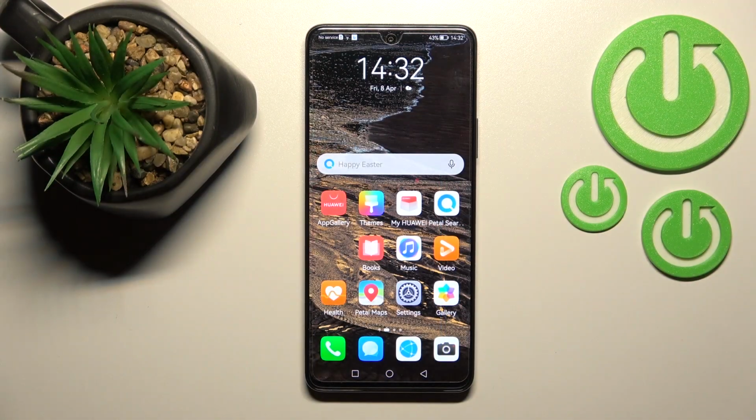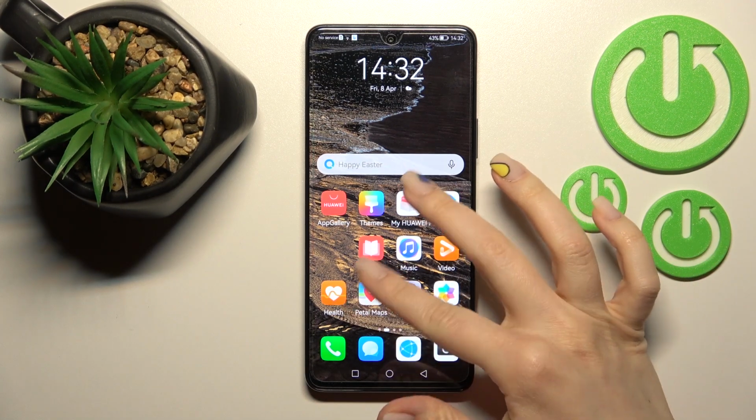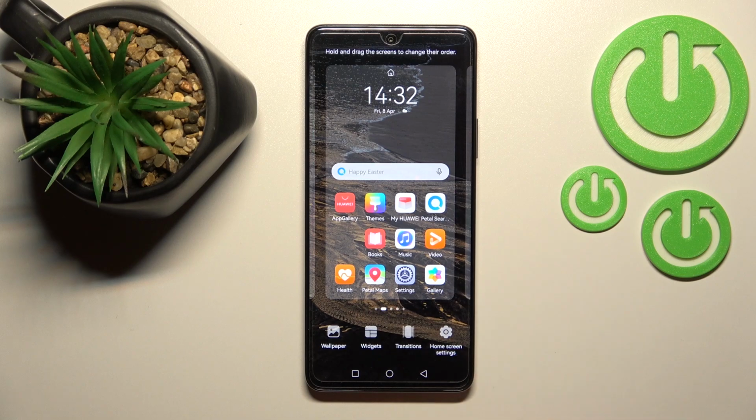Welcome, today in front of me HUAWEI Nova 9 SE, and I'll show you how to change home screen transition on this device. So first you should slide with your two fingers at the same time to the center, and